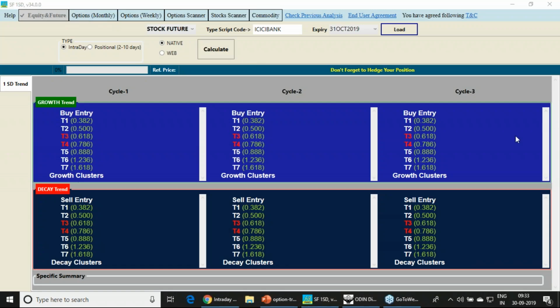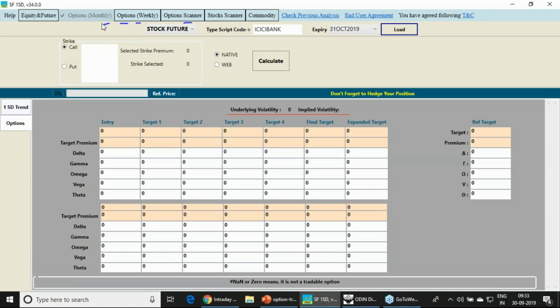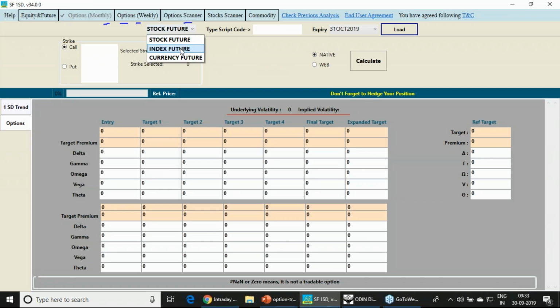And as I have told you, in this particular software we have three features: option scanner, option weekly, option monthly. So anything you can trade. I'll be starting with the option monthly. I am just going for the index options, so the symbol should be Nifty. I'll be loading the data. Once the data is loaded,